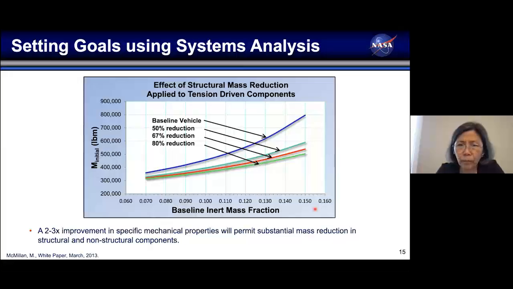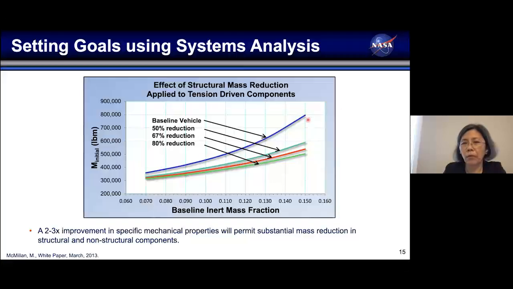So we said, well, let's look at tensile properties and how much better those need to be. And in this model, he was looking only at the tension-driven components of a launch vehicle. So that's why it's only a fraction of the entire launch vehicle, which is different from the way the initial systems analysis was done, where they just assumed the entire vehicle could be made from carbon nanotubes. And so he said, this blue line is the baseline material. And if we are able to get double the specific strength, double the strength of the nanotubes over the baseline material,